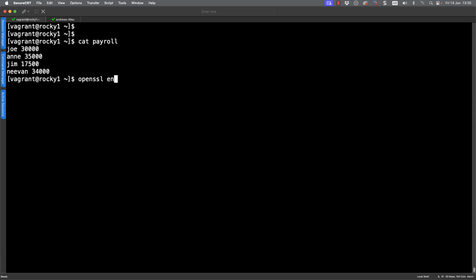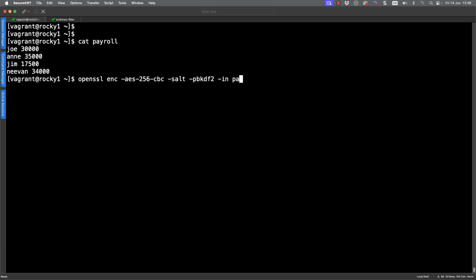OpenSSL is always going to be installed in any case. So I can use the option enc for encryption, and we can specify the algorithm that we want to use. So in this case, we'll use AES-256 with the CBC extensions. We can specify that we use a random salt to help make complexity in the algorithm. And we're also going to use password-based key derivation function 2, would you believe, PBKDF2, to add, again, more complexity in the storage of our encrypted data.